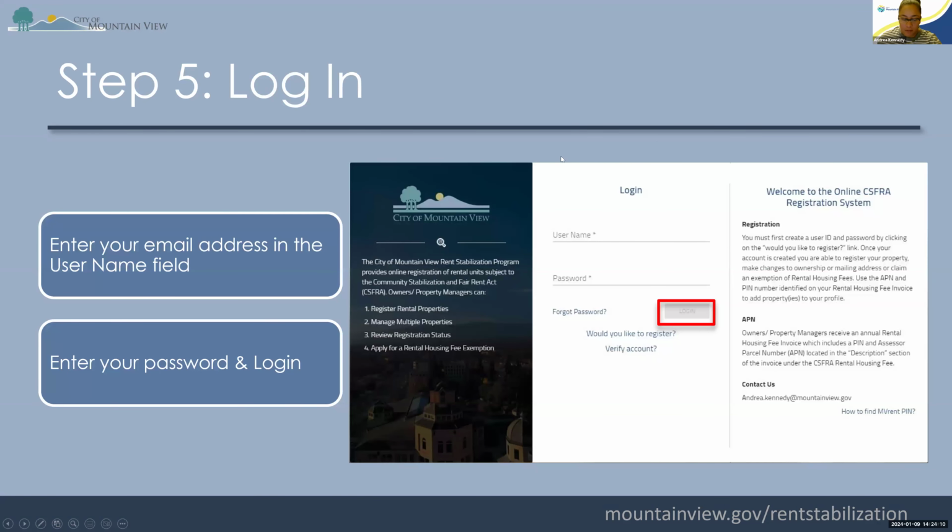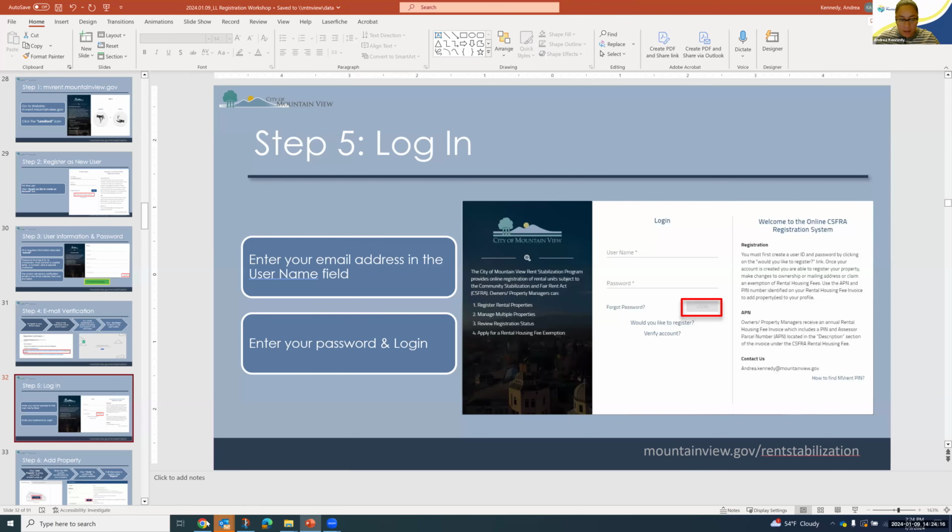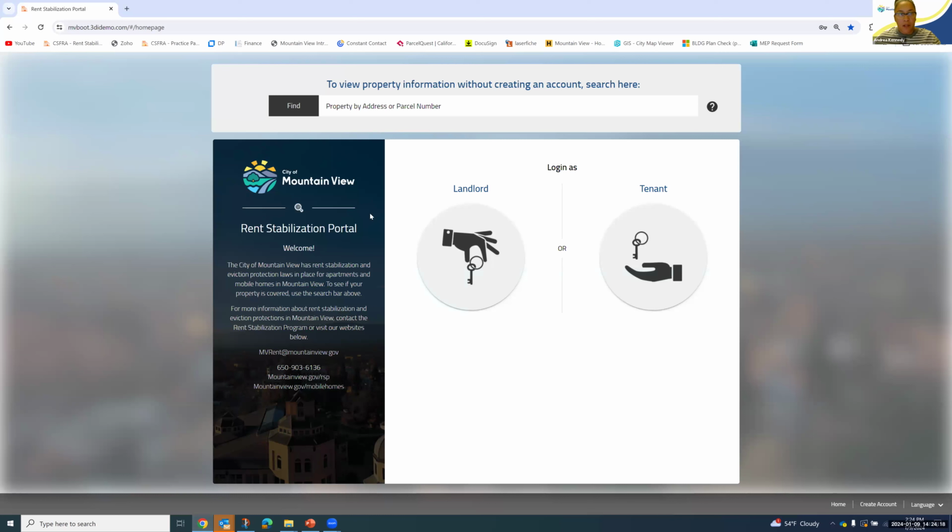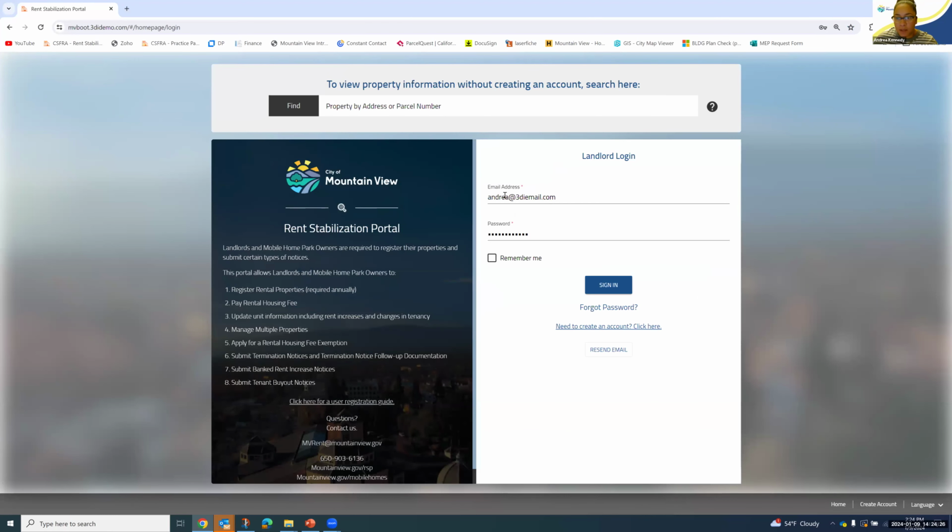All right, so now let me get out of here and get into here. Okay. So now that we have created our account, we can just log in. So I'll click Landlord. This is my account, and I'm on a test site right now, so everything I'm doing is just test, but it works the same.